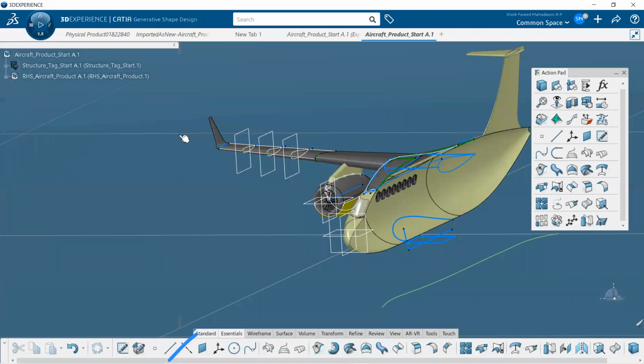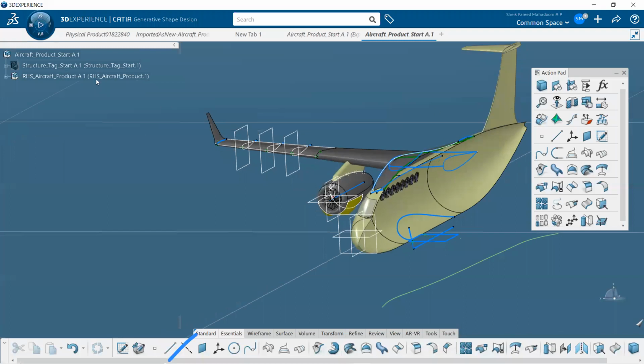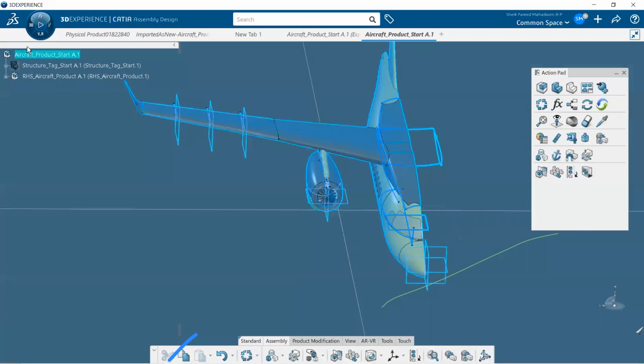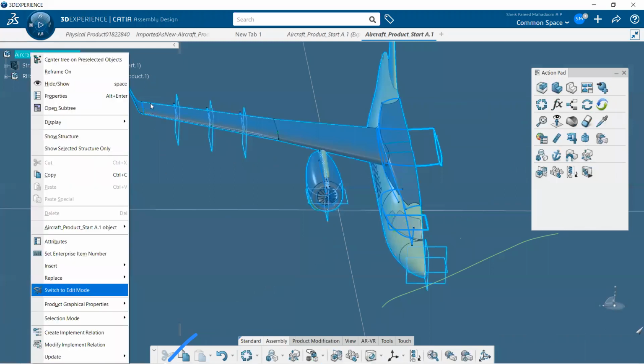Right now, the right hand side of the aircraft is completed. So we just have to do the left hand side. What I'm going to do is double click on it. It will take you back to the assembly design workbench. On that, right click on the aircraft product, go to Insert and select the 3D part.